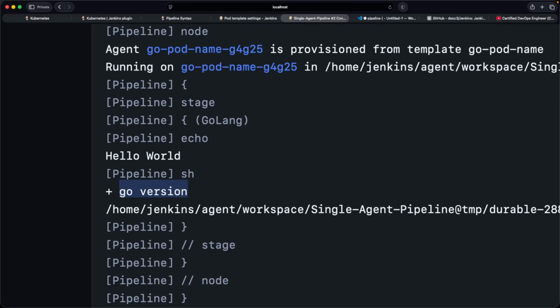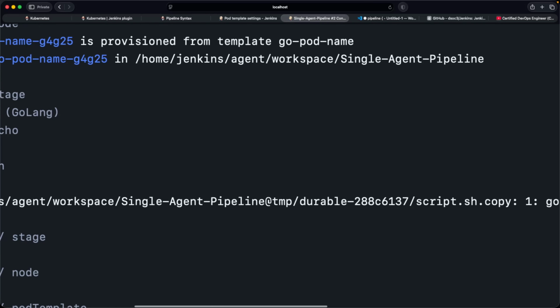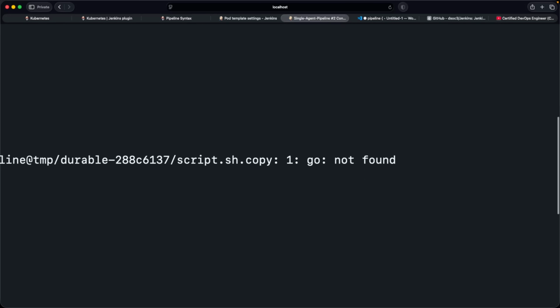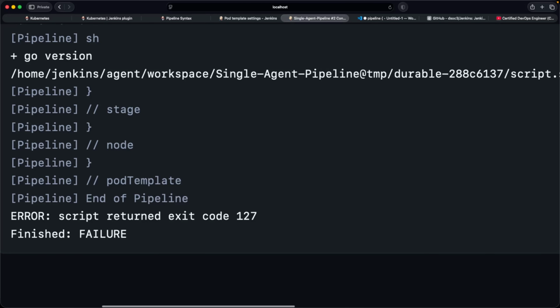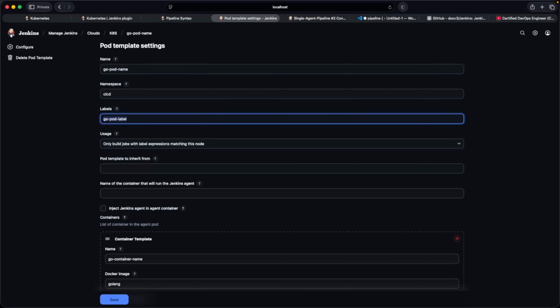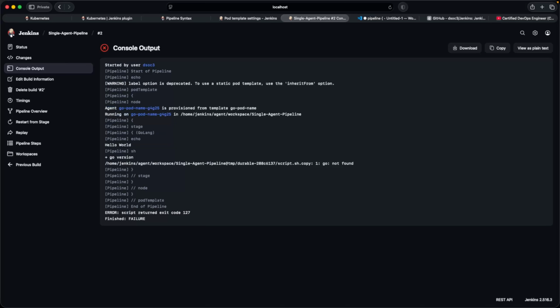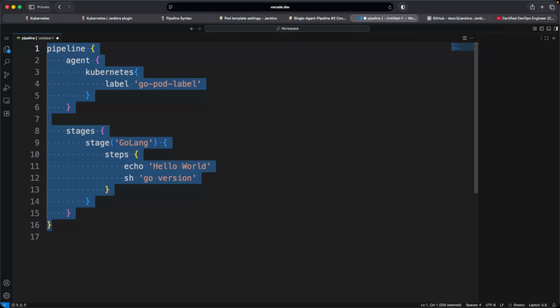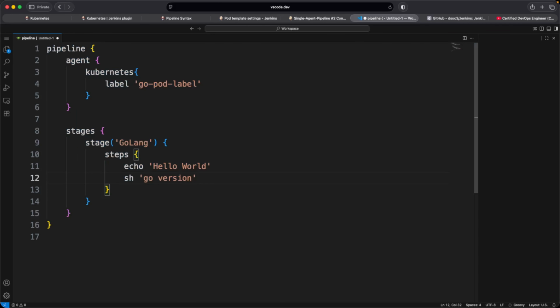And go version. Okay, so what happened? Go not found. Okay, and so the script exited with a code like this. Okay, let's troubleshoot. It's our lucky moment to do the troubleshooting. All right, so instead of a single statement, what I'm gonna do, I put 3 commands like this, so we can